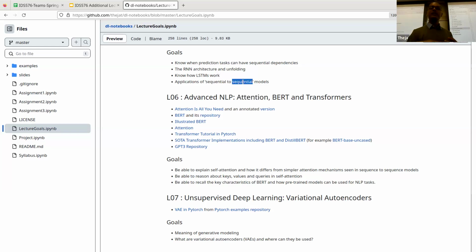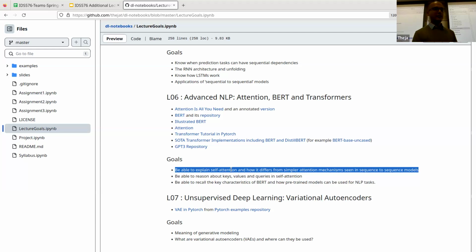But before that, as a precursor, we'll look at something we left off last time when we were looking at RNNs. There's also another concept of attention called encoder-decoder attention, which I think was already implemented in one of the reference codes that you used in the assignment, but we'll talk about it here. So the goal is to really revisit the precursor, the encoder-decoder attention. I call it a simpler attention mechanism. We'll appreciate what that concept is for RNNs, which is the encoder-decoder architecture that we've seen, and then talk about the self-attention concept in the transformer architecture.